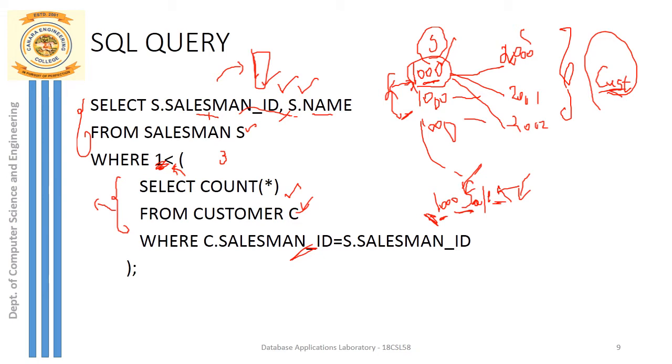The same salesman should also be serving one more customer. Maybe his ID is 2001. Maybe the same salesman is serving one more customer, a third customer, whose ID is 2002. Okay, so you have to find out such salesmen who are serving more than one customer. So I'm speaking about the salesman here, and here this is the customer list.